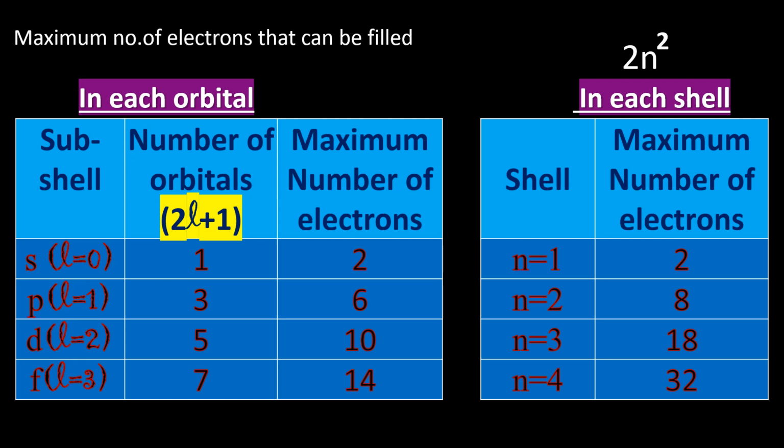So in that way, while we are going to count the maximum number of electrons, in the first shell only s is there, right? That's why it has only 2 electrons. And the next, n equals 2, that is the second shell, has both s and p, right? s and p, see here, s and p both are there. So 2 plus 6, how much?